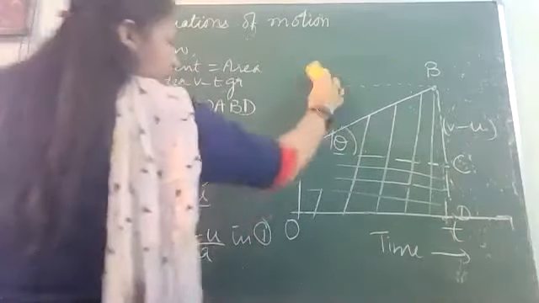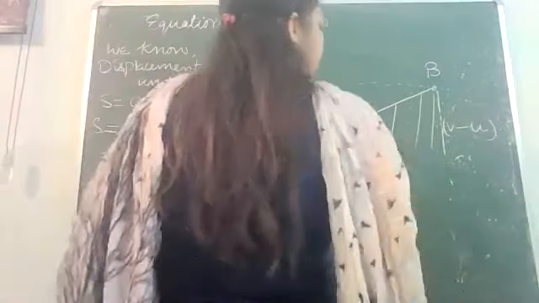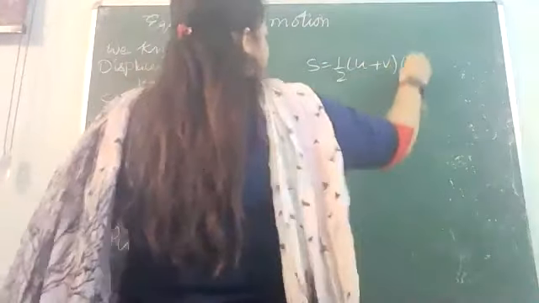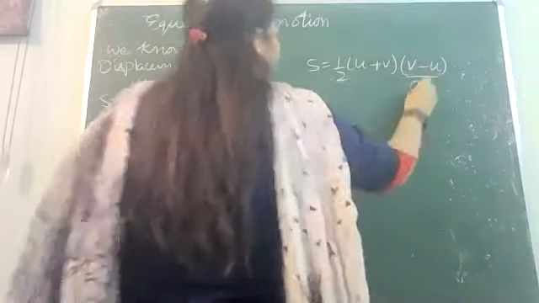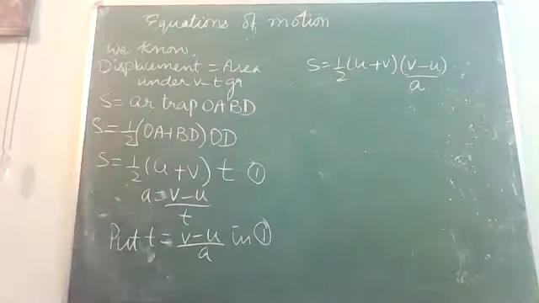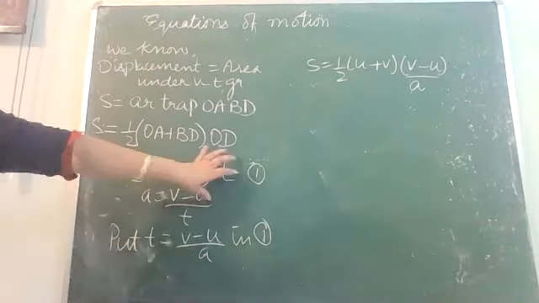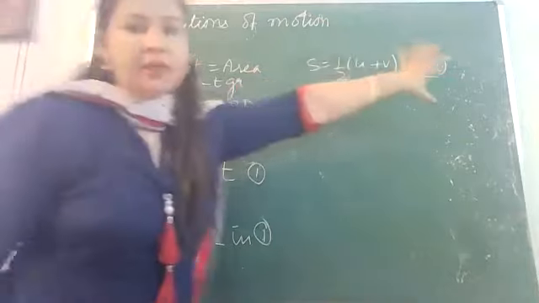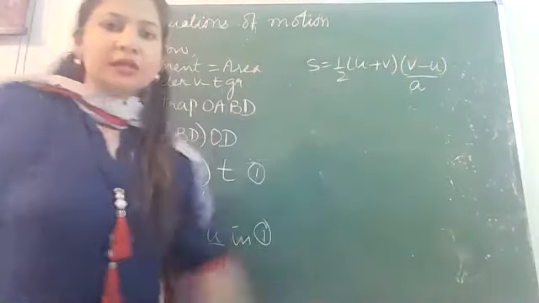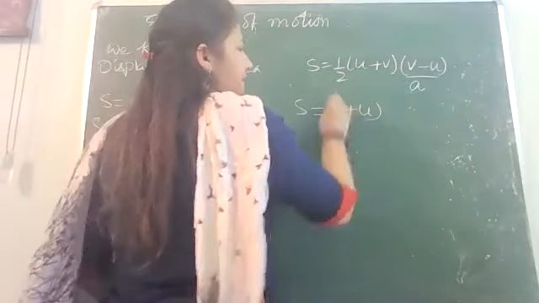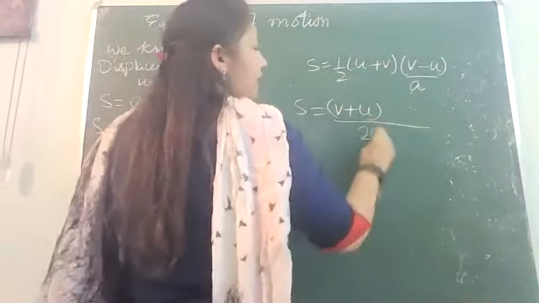Okay, so we are going to write this T as V minus U over A. So see what I get after that. S is equal to half U plus V, and T I am writing as V minus U over A. This is where I started today. So this was that step. I put T as V minus U over A here, and this has become this. Now let us solve it. U plus V I can write as V plus U. 2 into A is 2A. V minus U.